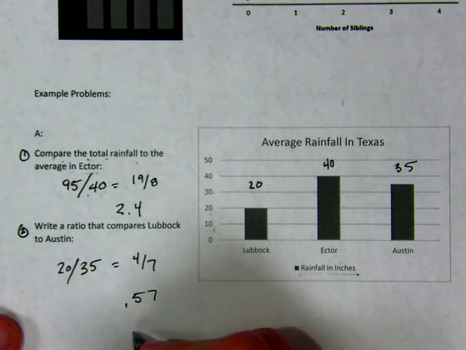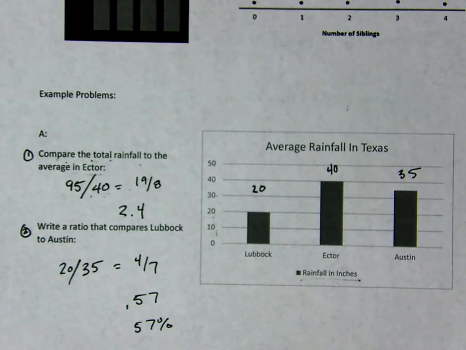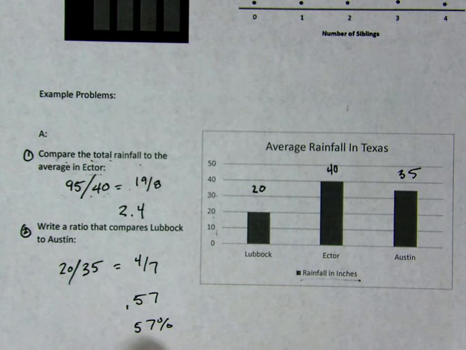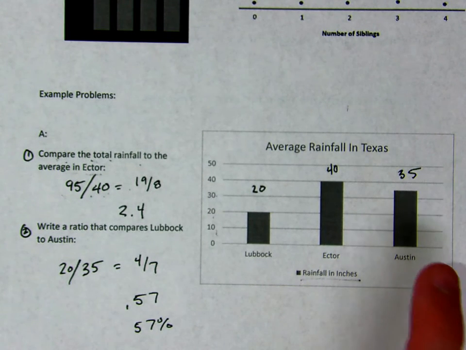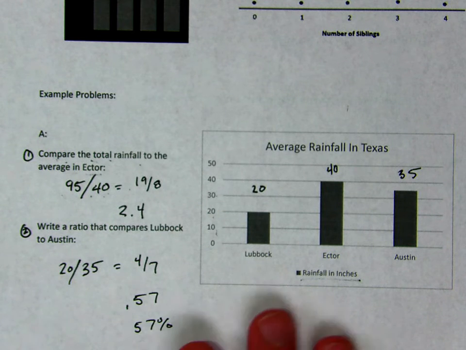Okay, and a percentage of 57%. That means that Lubbock got 57% of the amount of rain that Austin got. Okay, so that's all we're doing, is you're finding data and you're putting it in comparisons or ratios or fractions. Okay, all right, on the back